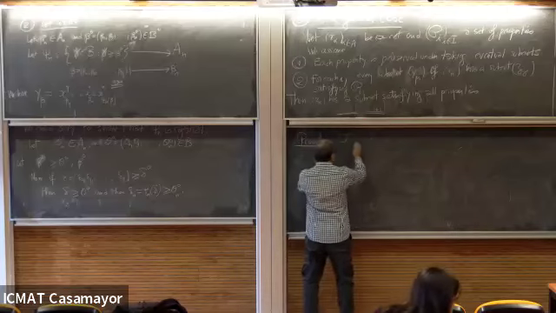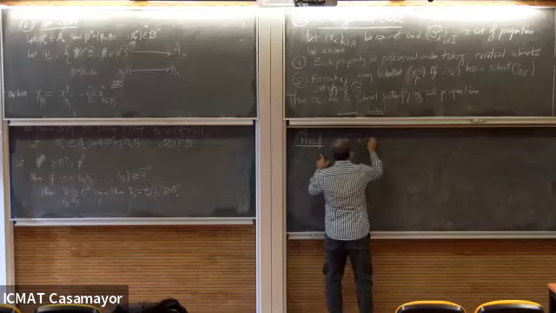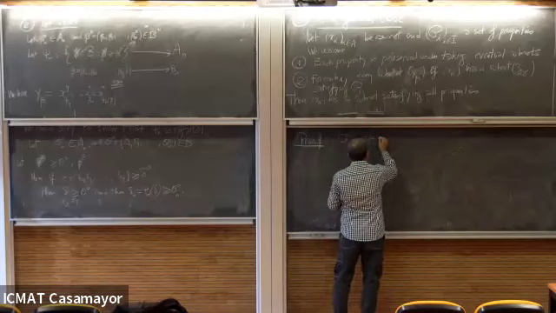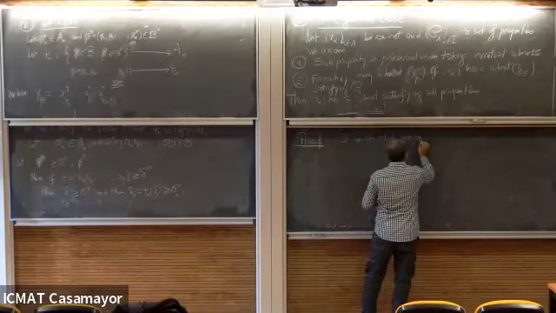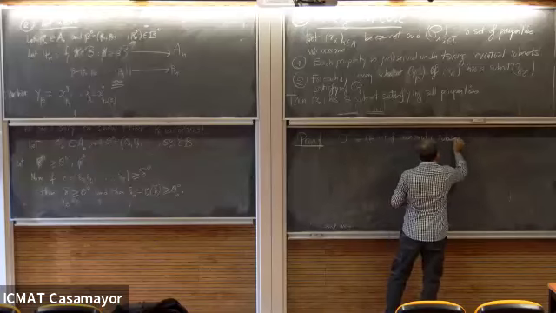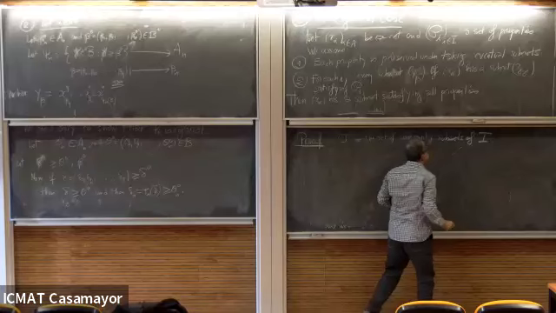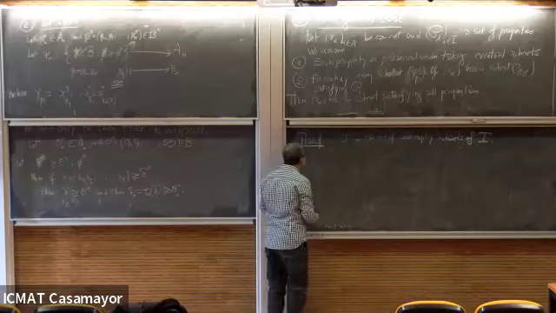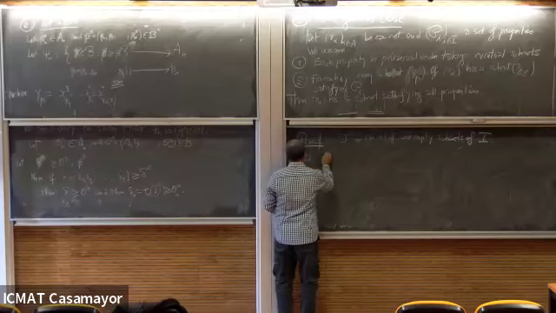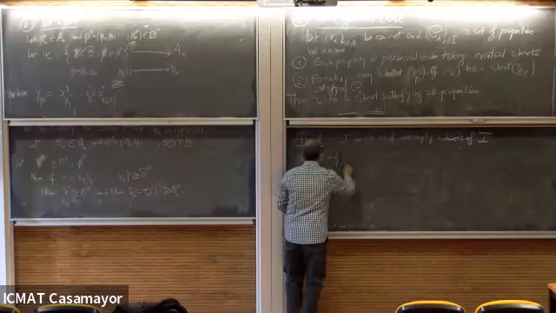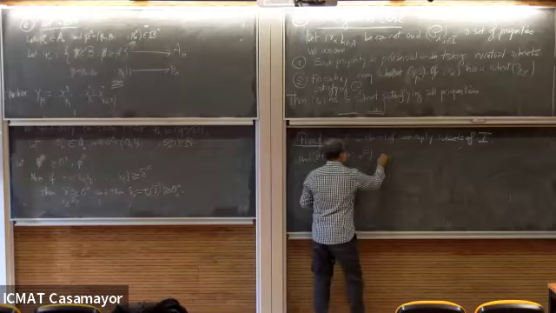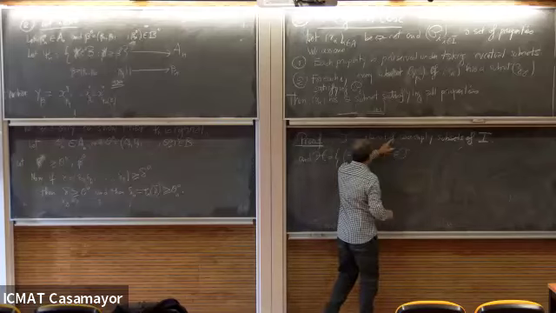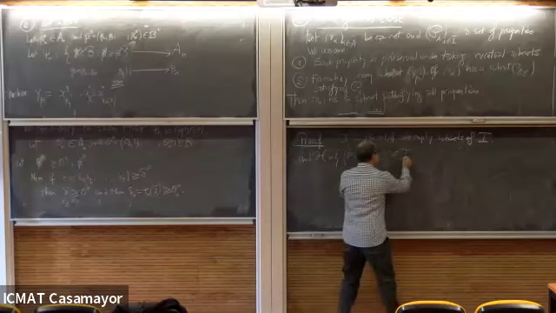Let J be the set of non-empty subsets of I, and let H be the set of pairs (F, X_F), such that F is a subset of I,